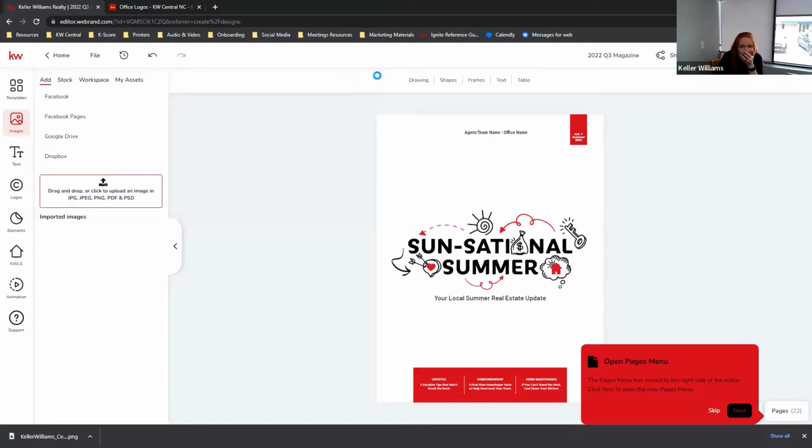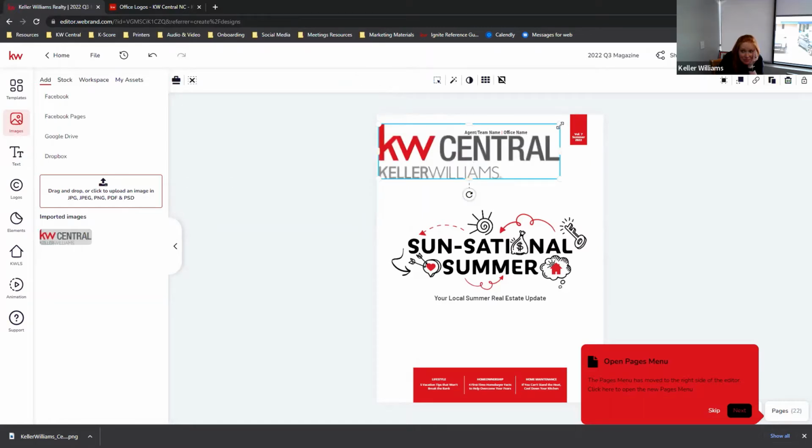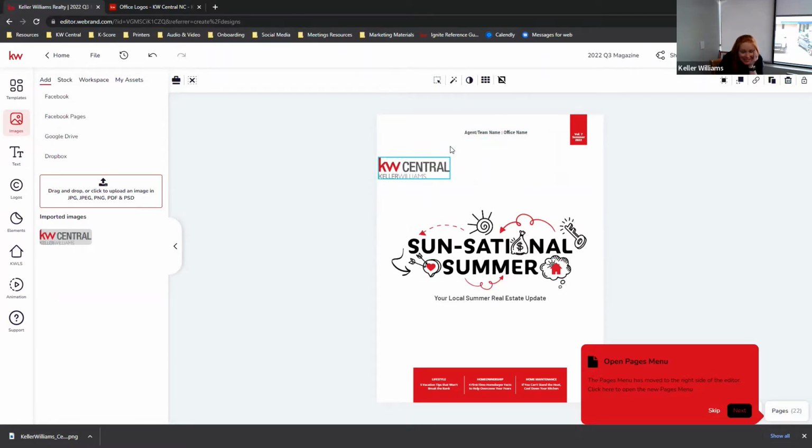Yep, it's added. And now you can drag that logo over to the magazine. Bloop, just like that. Then I would shrink it down just like you're doing. You said you weren't sure about doing this. But what about when all those lines show up? That's a great point. The lines that show up allow you to line up with things. So click and hold it again and move it around a little bit.